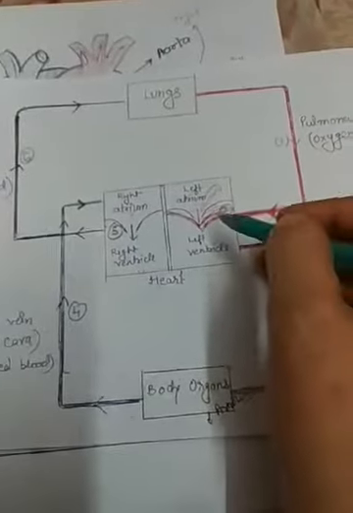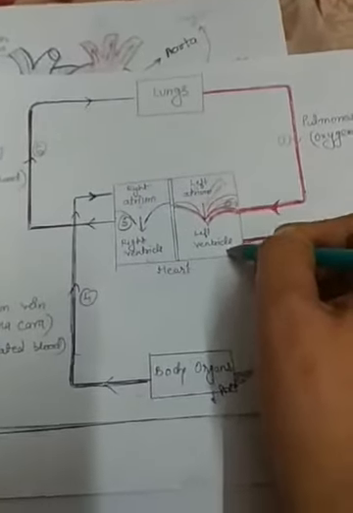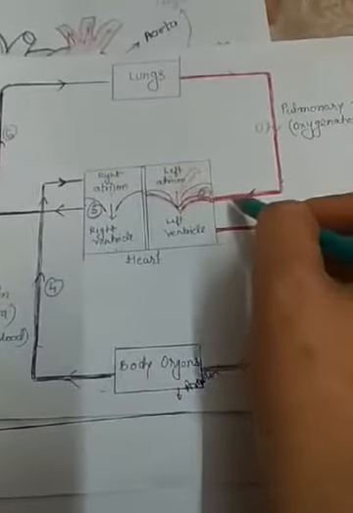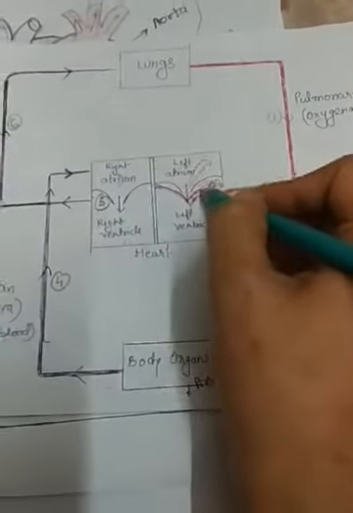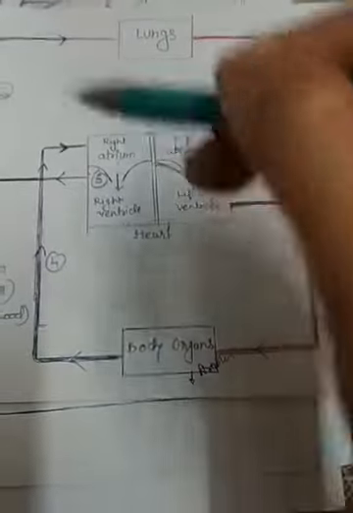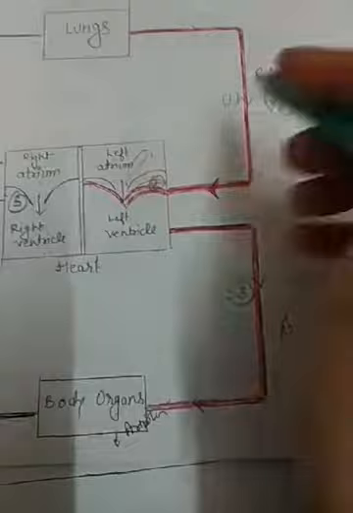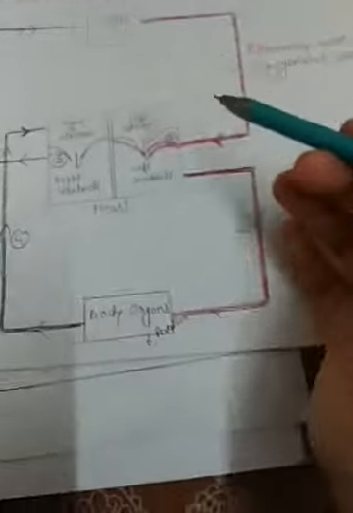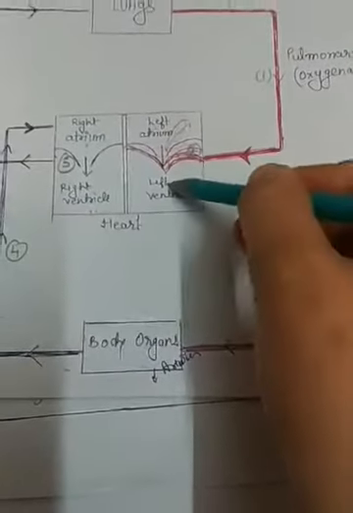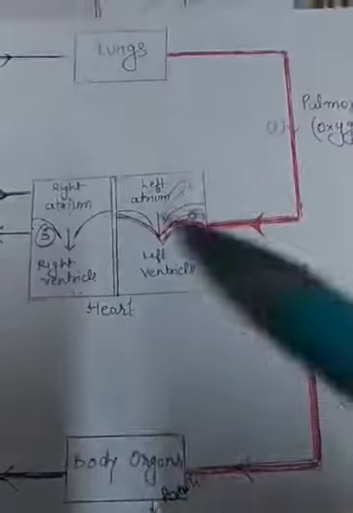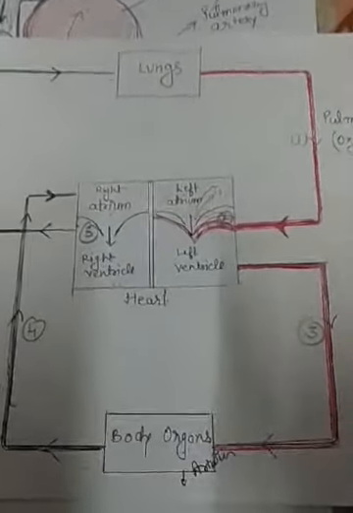As we have discussed, the left part of the heart contains purified blood, whereas the right part contains impure blood. So now oxygenated blood goes to the left atrium of the heart. When it contracts, the blood comes to the left ventricle, and this process continues. So the blood becomes oxygenated again. This oxygenated blood is sent to the aorta to transport blood to all the parts of the body. The whole process is repeated continuously.